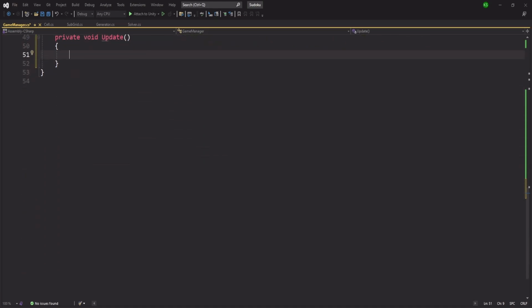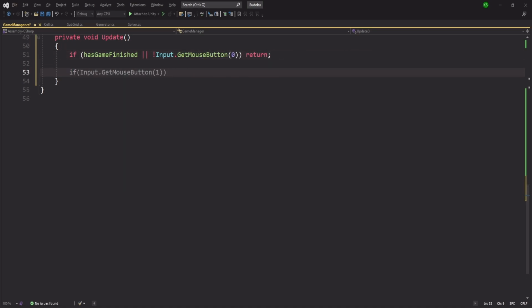We are going to get the input in the update. So if the game has finished or not, input dot get mouse button down, if not down, get mouse button of 0, then we are directly going to return. Else let's get the mouse position first,